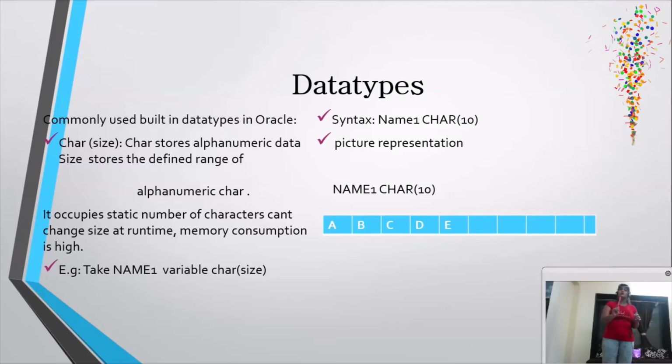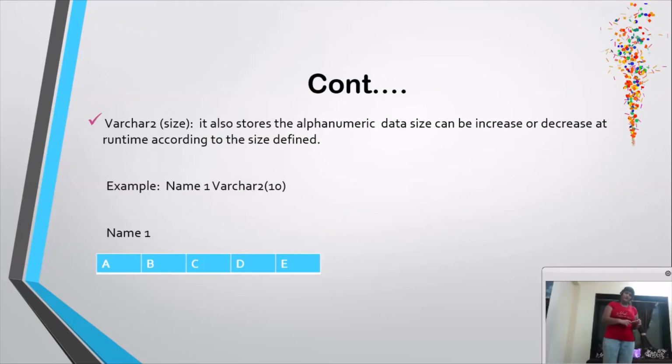Now we'll move on to the second, the varchar. What does varchar do? Varchar size also stores alphanumeric data, but the size can be increased or decreased at runtime according to the definition. How? We'll see with this example. We have taken the variable name1 and varchar2 with size 10. Here is name1, a variable.